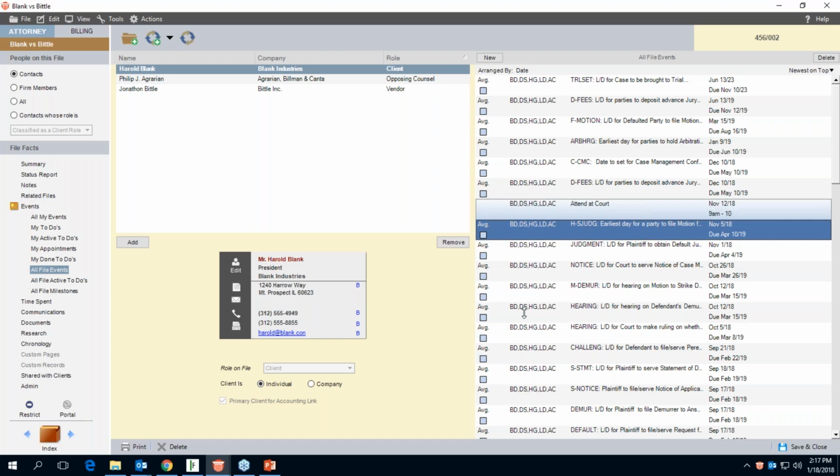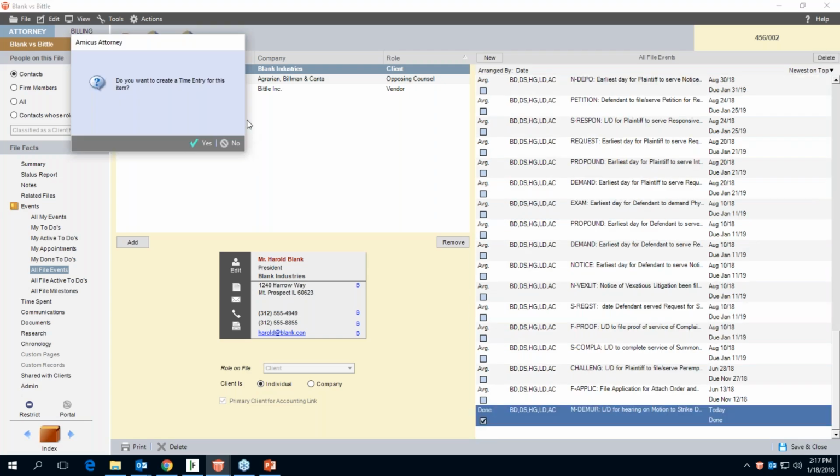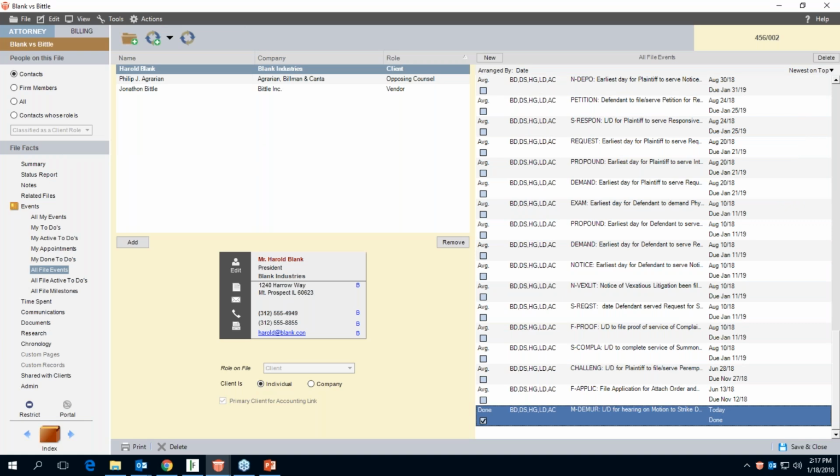So what happens now on our calendar is that we can mark these done. These are just events on our calendar. So for example, we can start off with June, start off October, we can just mark it done. Do I wish to create a time entry? These are events on the calendar. So now we treat them just like any other event. So that, kind of in a nutshell,